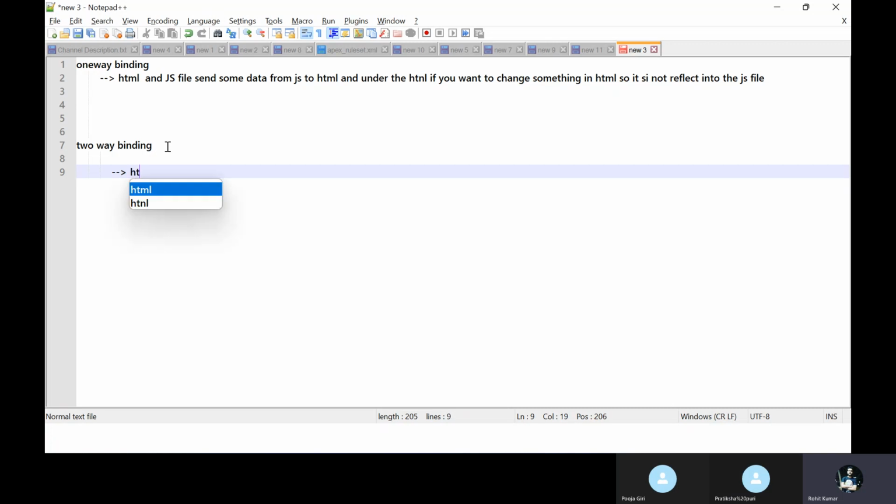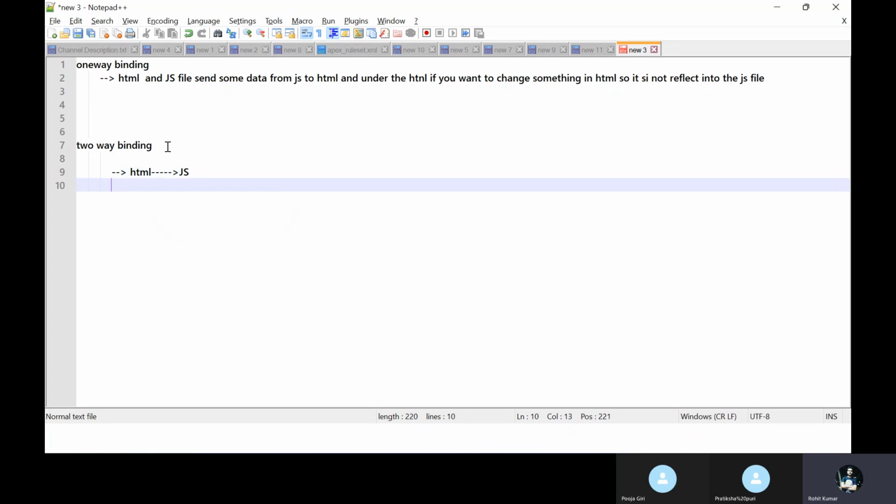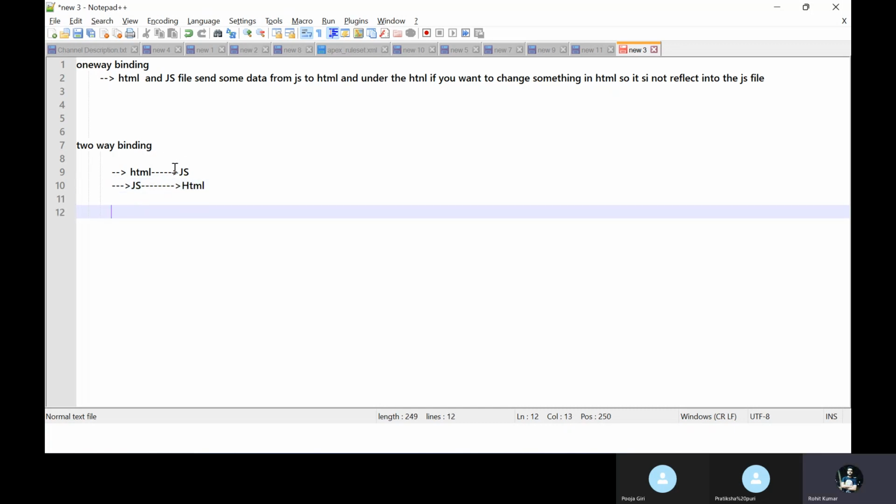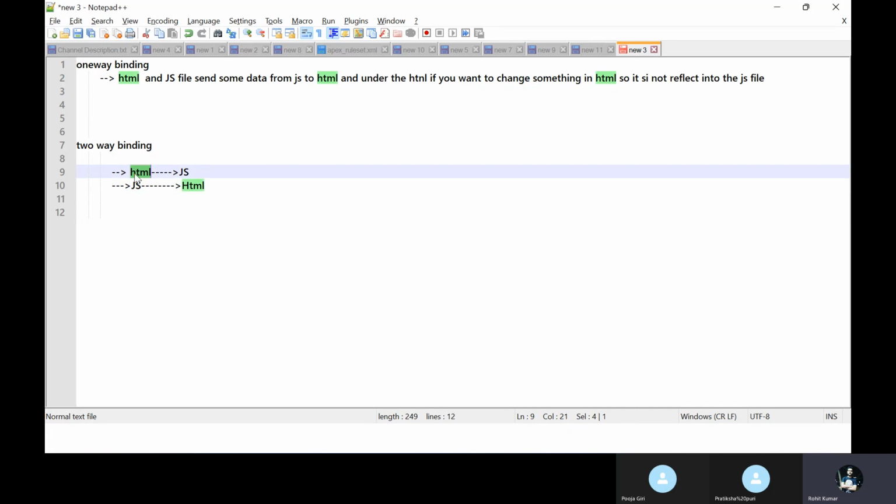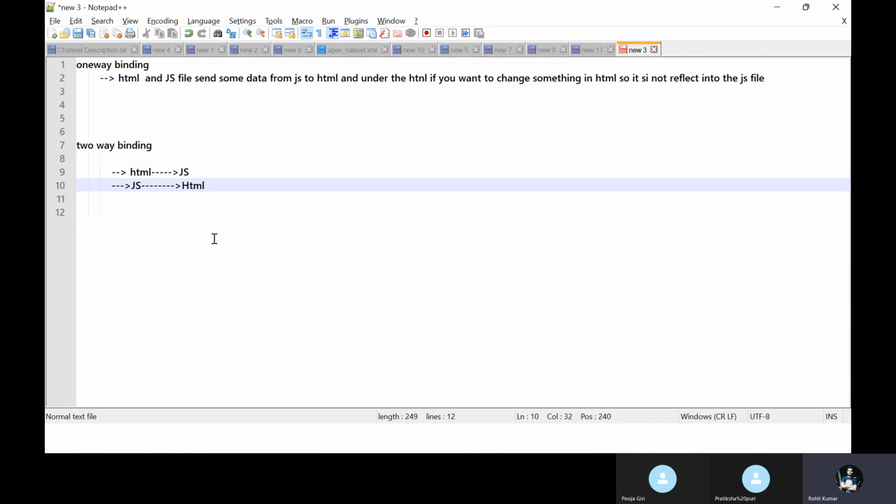So if you have an HTML file and a JS file, you can use two-way binding. Once you change anything under the HTML file, it automatically reflects in the JS. Or if you change something under the JS file, it automatically reflects in the HTML file. That is called two-way data binding. So this is for the previous session.